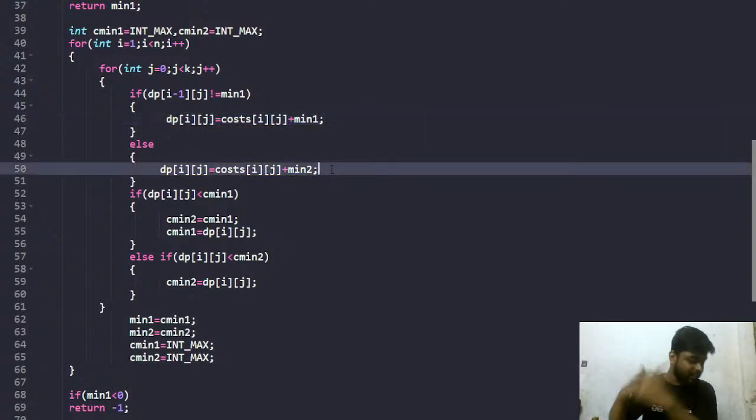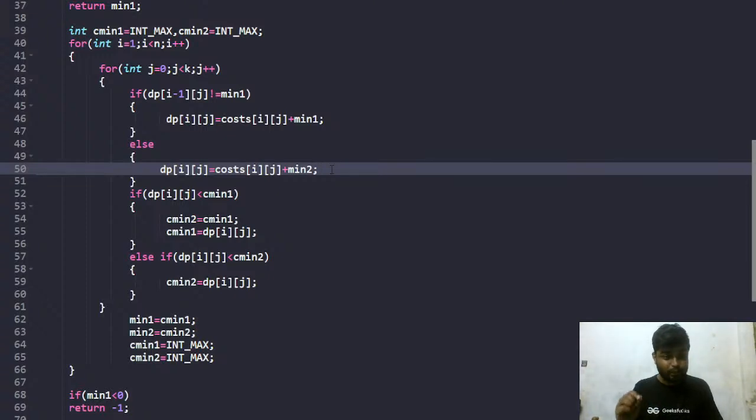So you will try to alternatively choose the minimum one and the minimum two, so that you can try to minimize your cost. Okay, is it clear to everyone? Clear with this part, guys? Everyone is clear with this part, that you will try, what will you try to do every time? The minimum one and minimum two are trying to get the optimal costs for you, right? The minimum cost and the second minimum cost.